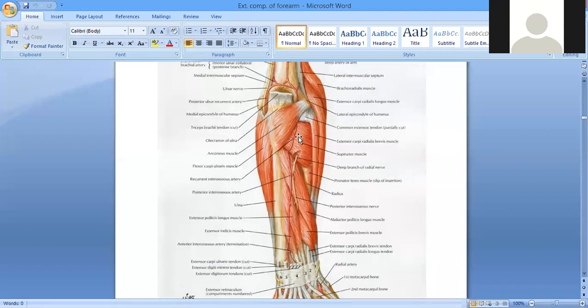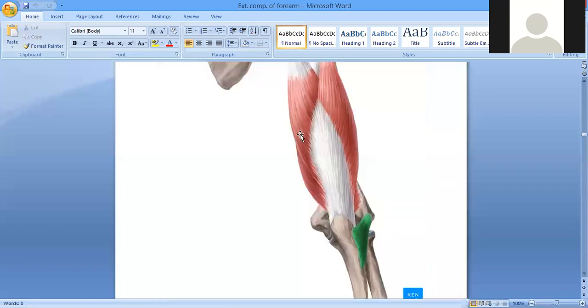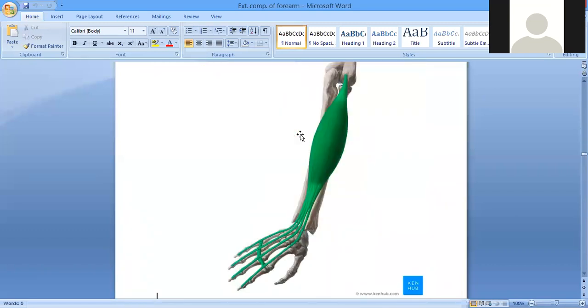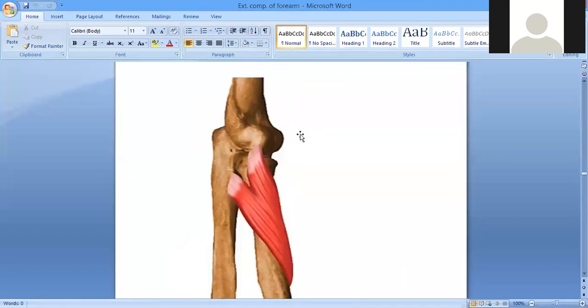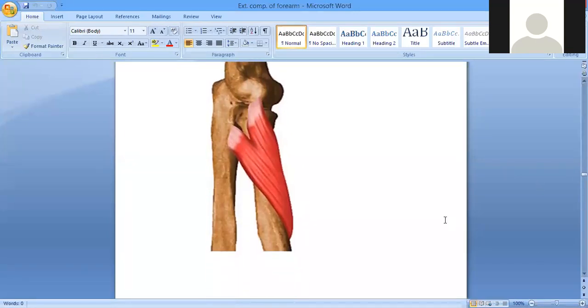First of all, we'll talk about the supinator muscle. The supinator muscle has 2 heads of origin. You can see this is the supinator muscle, and it gets origin by 2 heads. One is the humeral head, the other is the ulnar head. The humeral head gets origin from the lateral epicondyle of the humerus. You can see this is the lateral epicondyle of the humerus, and the ulnar head is coming from